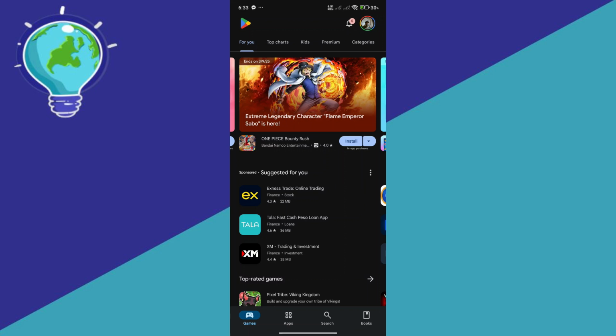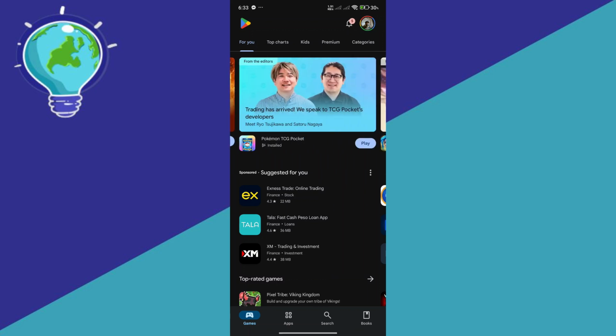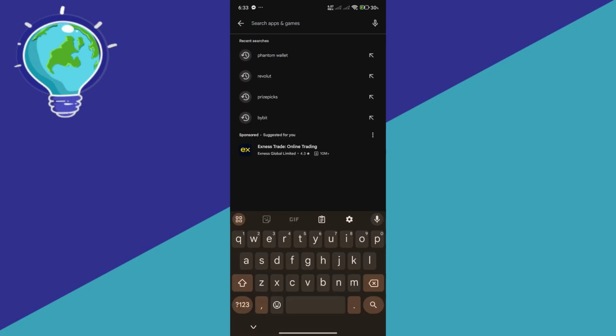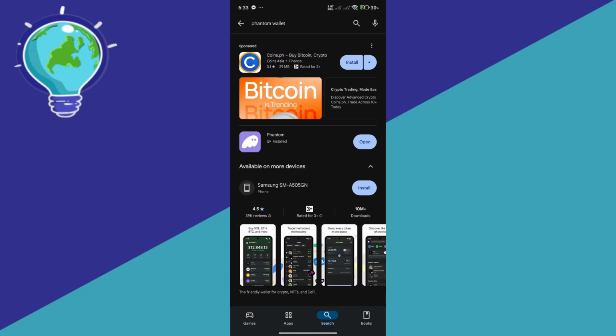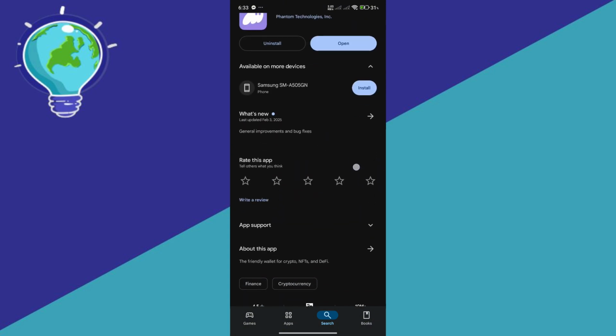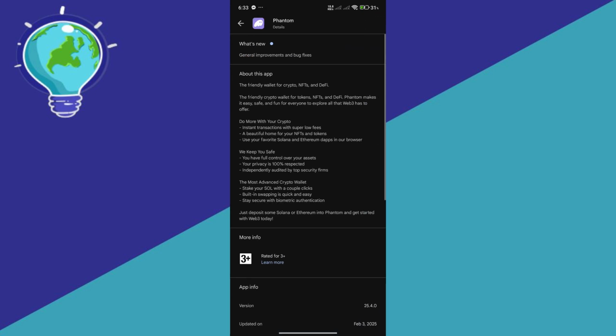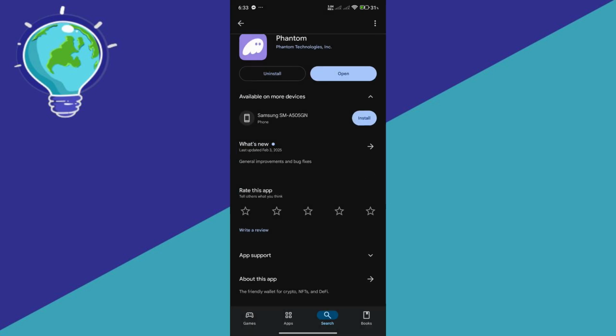So the issue "failed to authenticate" is very common in Phantom Wallet, especially if users forgot or have not yet updated their device or their application. So simply to double check, visit your Google Play Store or your App Store and ensure that your Phantom Wallet is up to date. Any updates that are currently available should be installed and updated on your device.